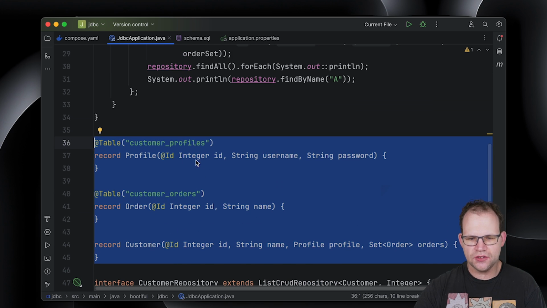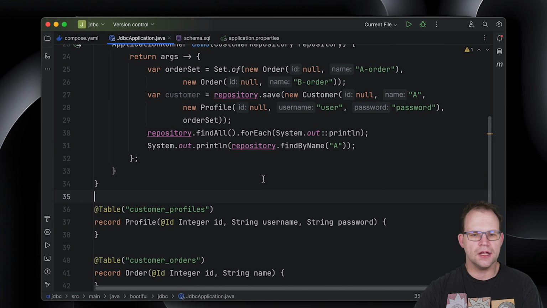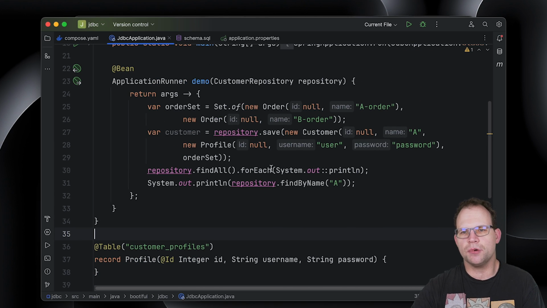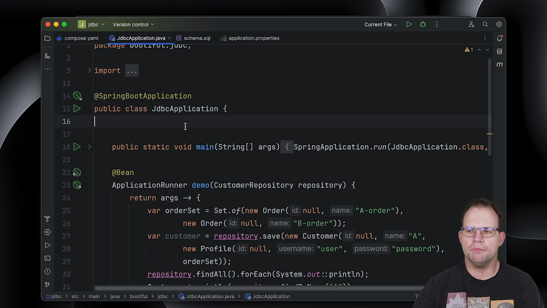It's simple, easy to understand, less code, faster, more performant. You're not paying like 50 extra megs of native image binary size just for Hibernate and all that stuff. So this is actually a really good deal. And you can see it scales up pretty well as well. So if you have more than a few entities, this will be okay. I haven't tried it with 100 entities, but I wouldn't want to either. Again, that's why this is to me the ideal toolkit to build microservices or even scalable modular monoliths.